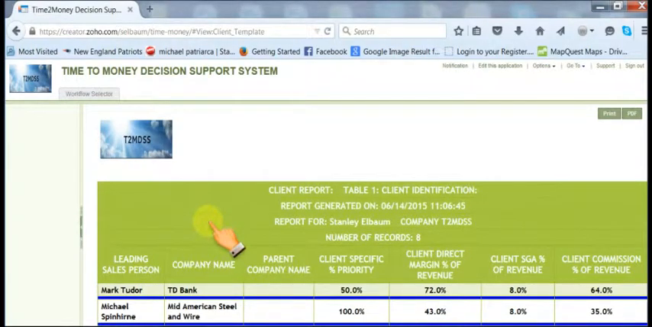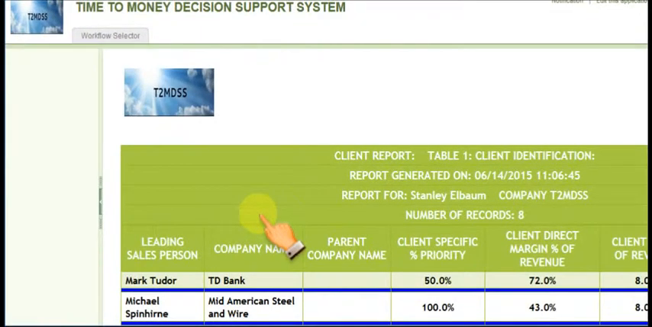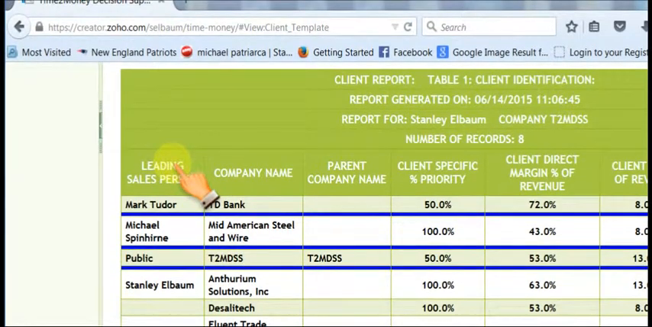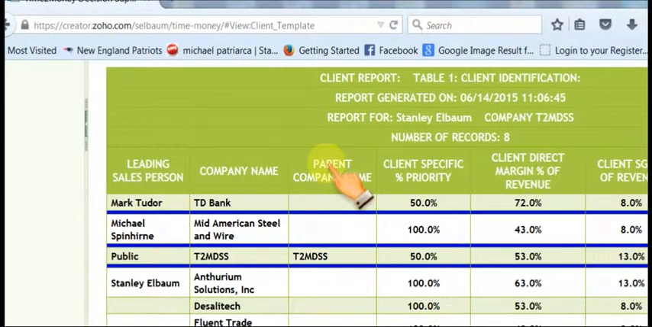The table header of the first report displays the user and the user company and the number of your clients. Let's scroll down now and get a better indication of the columns. The columns of the client's report display the name of the salesperson responsible for this client, the client name, the parent company name, and it will be blank if there's no parent company, as we can see here,